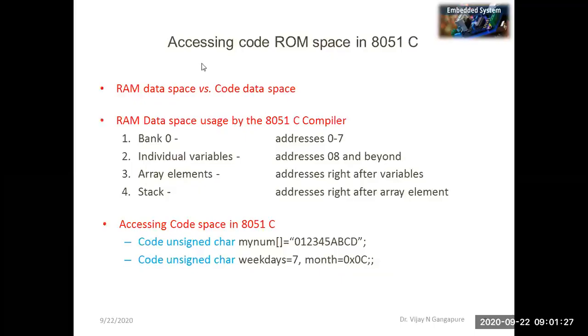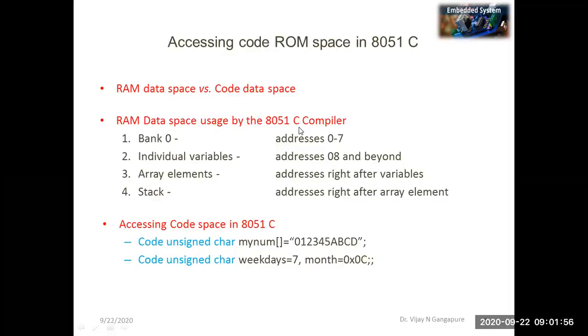So first, let us discuss accessing code ROM space in 8051 from C. So actually there are two types of on-chip memories in case of 8051, that is RAM and ROM. And ROM we also call a code ROM or program ROM. Okay, now when we program 8051